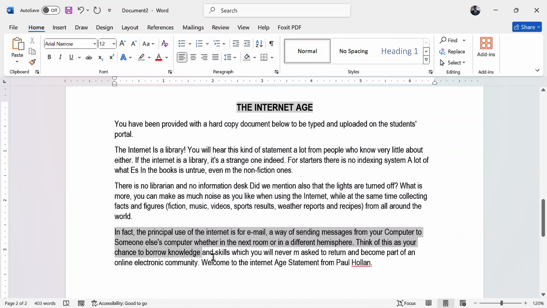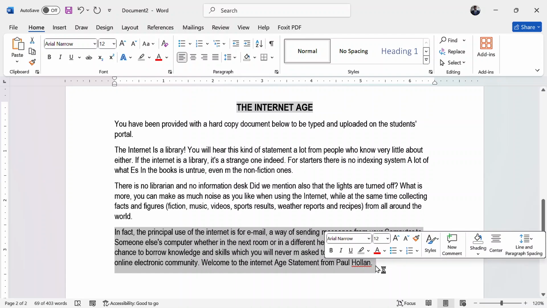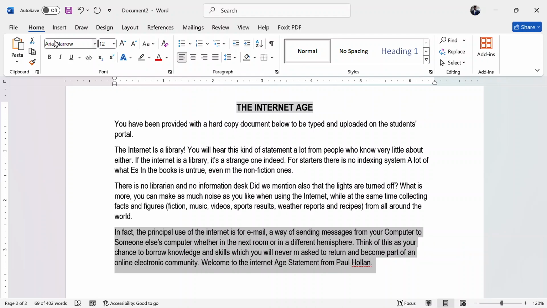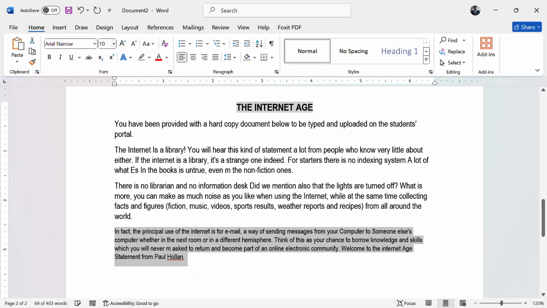This is actually the last paragraph. And I reduce the font size for this paragraph to 10 from 12. So I highlight it. I go to the Home tab under Fonts group. I will see where there is font size and I make it 10 like that.